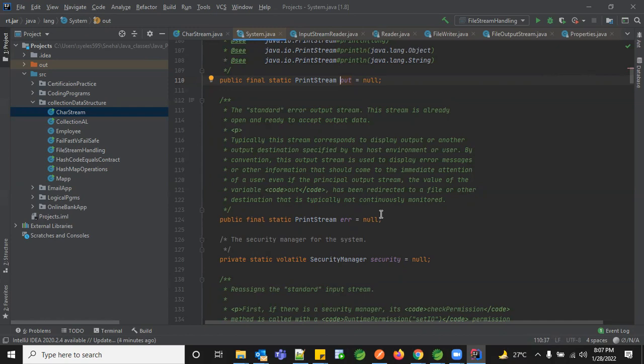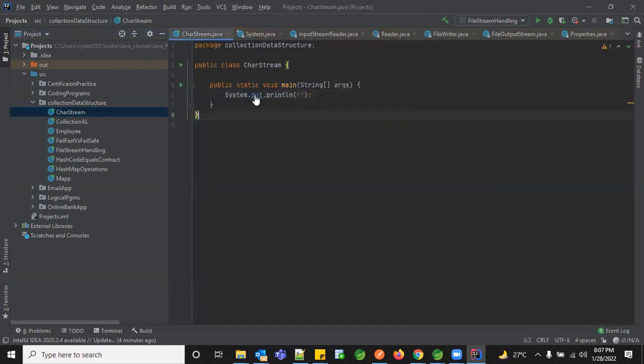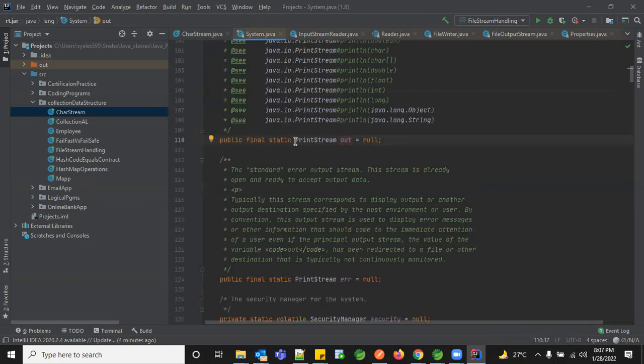Coming to the console streams, like whatever we print with System.out.println, you see that out is a static object. So we're not creating an object called out, it is directly called. Why so? Because it's a PrintStream object which is final and static. In the same way, there's an err, which is the error related object. Whenever we want to print error related information in our console, we prefer to go with err.